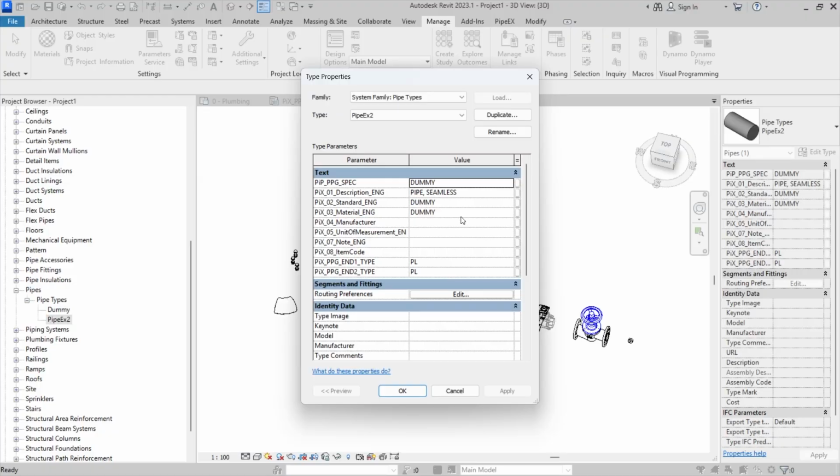Now we're going to adjust the routing preferences. As you can see here, the pipe type we already have defined. Actually, I copied it from the other project where it was already defined. So here we have as predefined property Pipex spec, description, standard, material, manufacturer, units of measurements, nodes, and types, etc. And types is one of the critical points because those properties will be essential to create the isometric drawings in